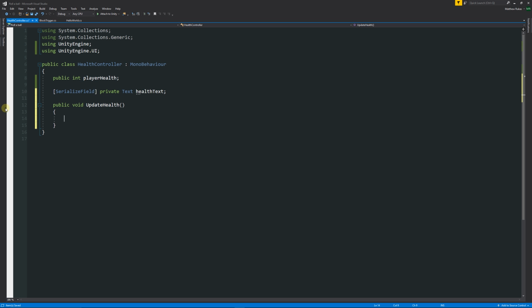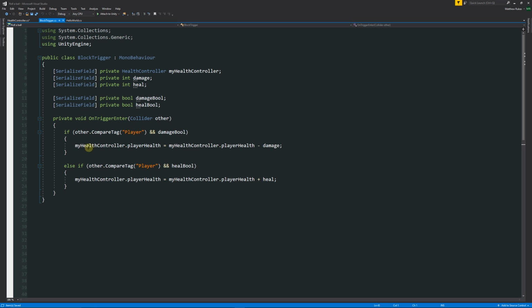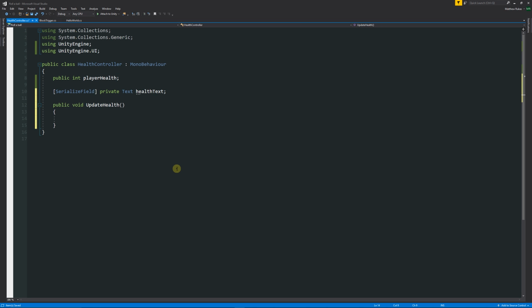So from there, what can we do? How do we update that text that we need to? So what we can do is we can say, like we did similarly with here when we said the player health equals player health minus the damage, we need to reference it in a similar way. So we'll actually say that health text is our text component. We write .text because we're going to fill it with the value of text, and then we'll say equals